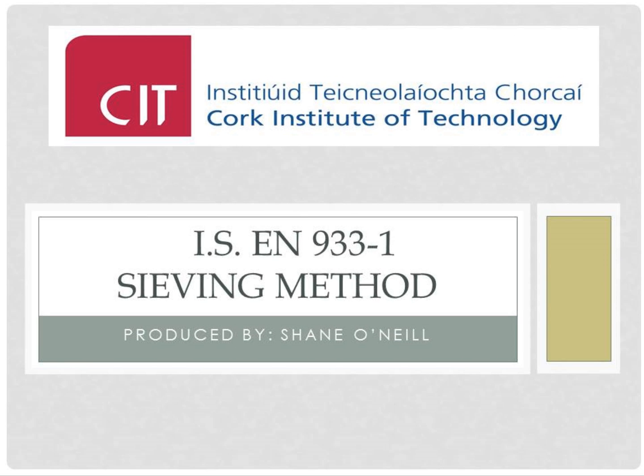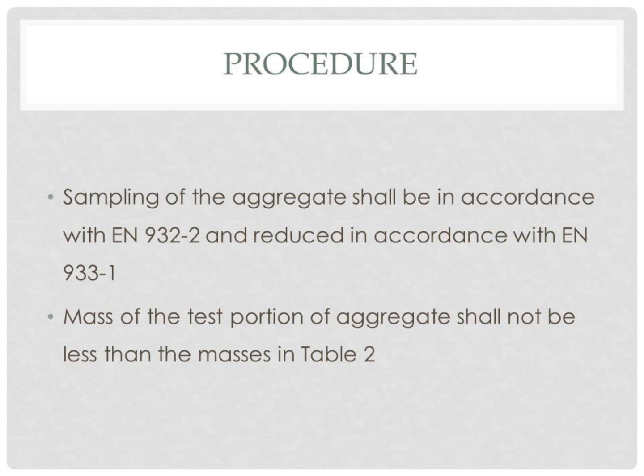The following video is a demonstration of how to carry out the sieving method in accordance with IS EN 933 Part 1. Sampling of the aggregate shall be in accordance with EN 932 Part 2 and reduced in accordance with EN 933 Part 1. The mass of the test portion of the aggregate shall not be less than the masses in Table 2,